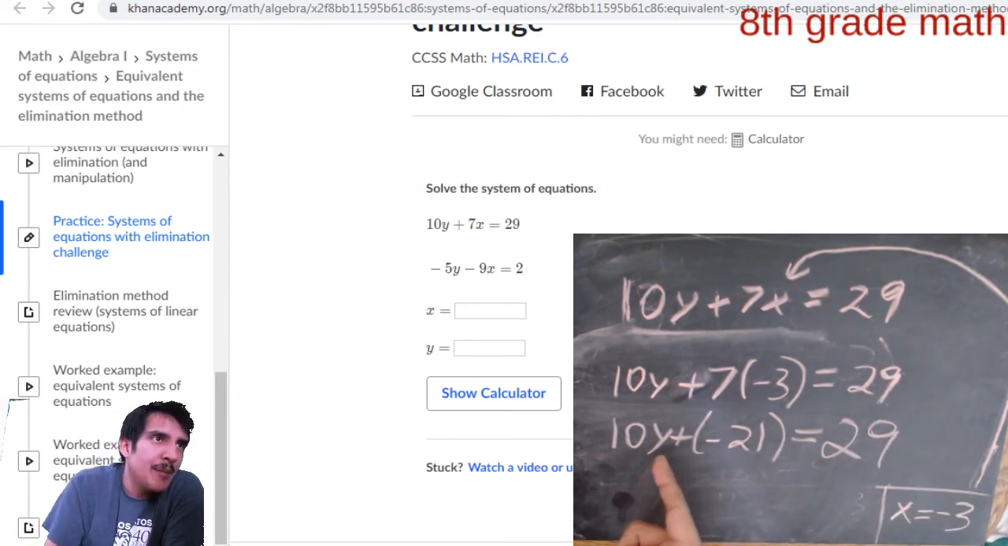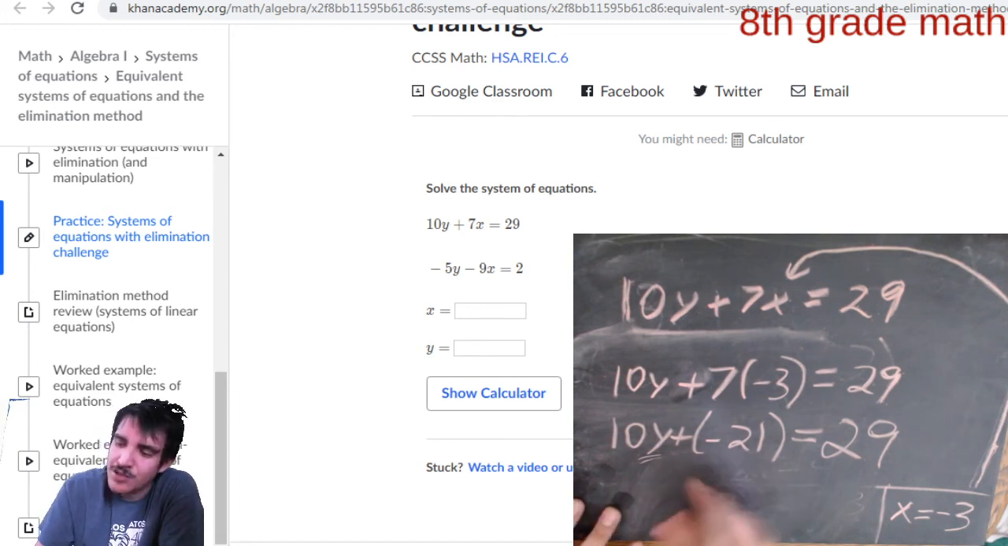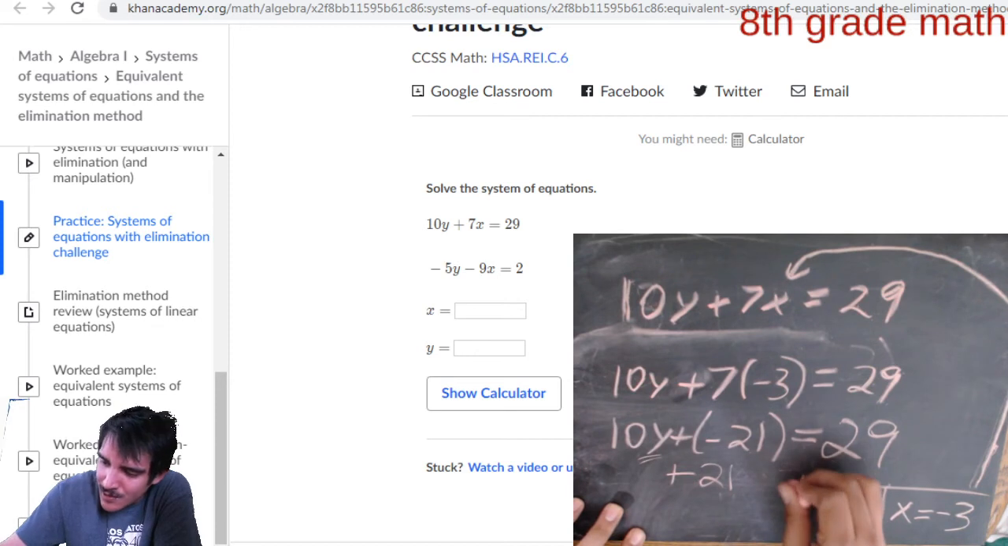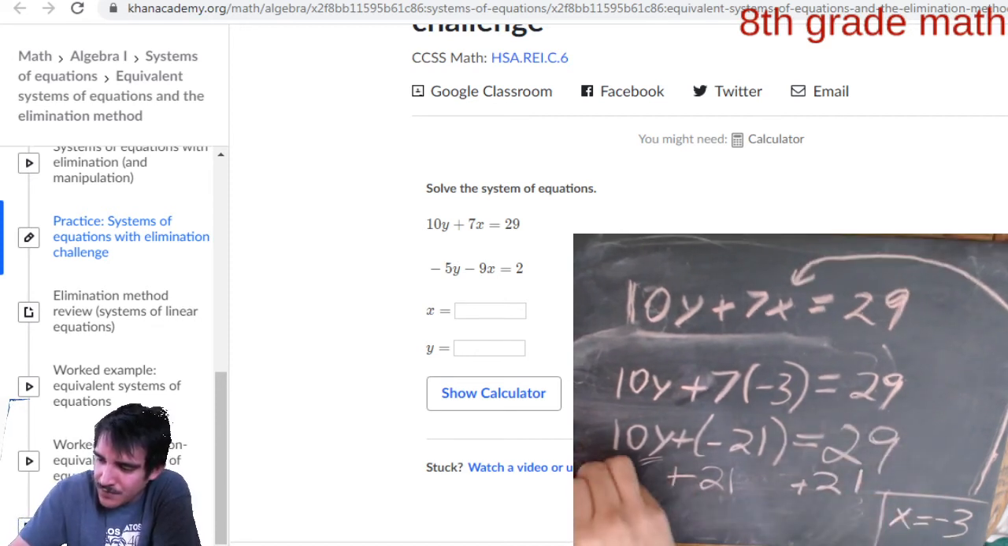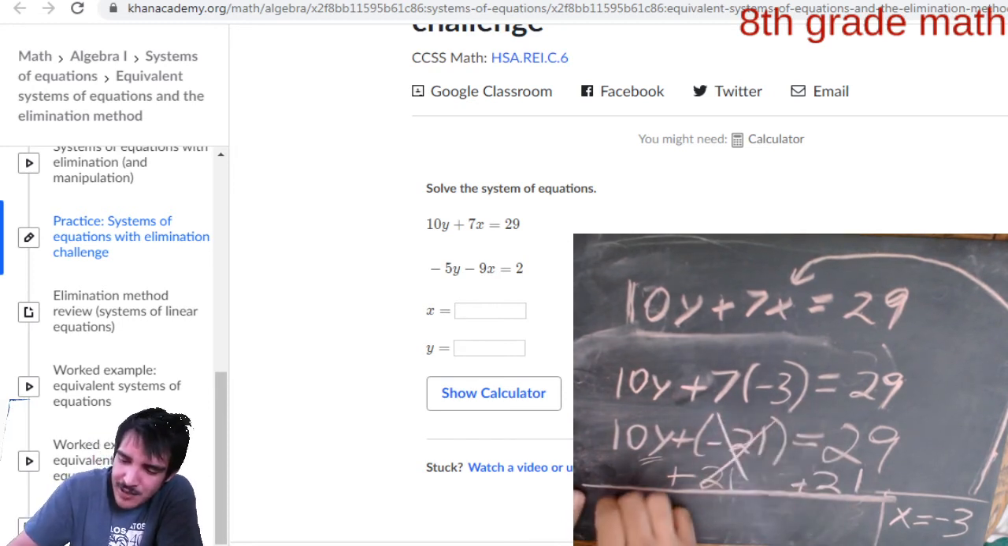You want to get y by itself, so you need to get rid of this number and this number. So how do we isolate y? Well, we need to get rid of this number first. How do you get rid of plus negative 21? You could either take away negative 21 or just do the opposite of plus negative 21. The opposite of plus negative 21 is plus regular 21. That's kind of like an easier way to write it. So plus positive 21. If you do that to both sides of the equation, you will be left with 10y